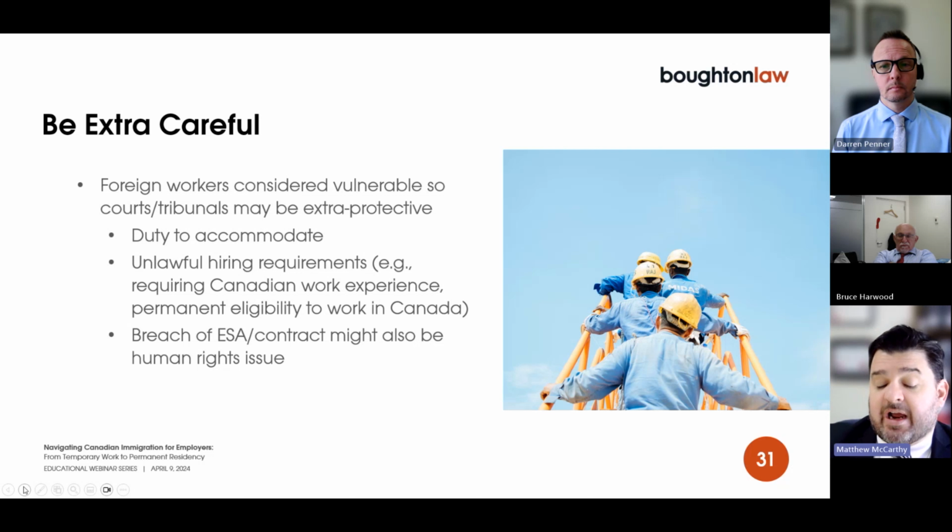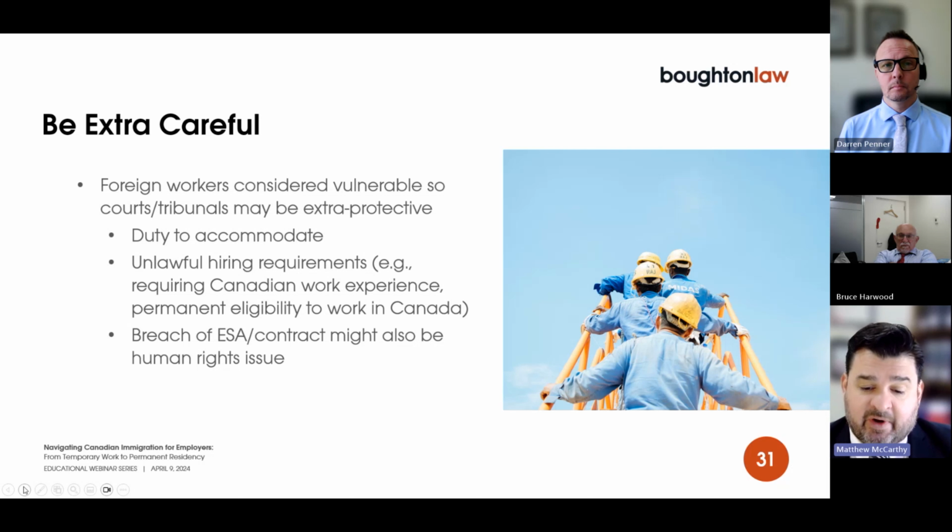And there are also certain hiring requirements that can create legal risk from a human rights perspective. As I think Darren mentioned earlier, there's a general rule that you can't ask questions in recruiting or interviewing that would disclose a protected ground under human rights law. So you can't ask a question that would disclose someone's religion, for example. That's a protected ground. So unless there's a bona fide occupational requirement, a clear reason why it's connected to the job. Now, if an employee discloses something without us asking, that's totally fine.